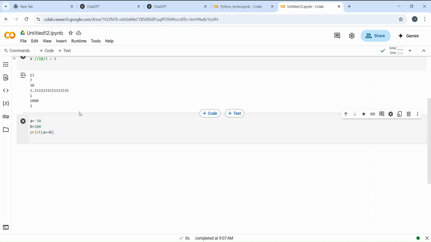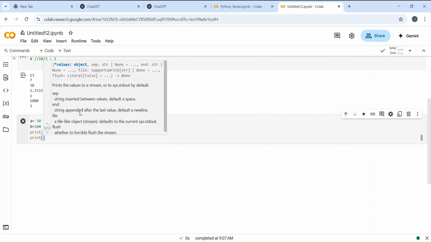When you write a = b, the b value will come and sit in a. So you are copying the b value to a. But if you want to compare both values a and b, then you have to write a == b. That time it will act as an equal operator. Otherwise, if you write a = b, whatever b value is there will come into a.